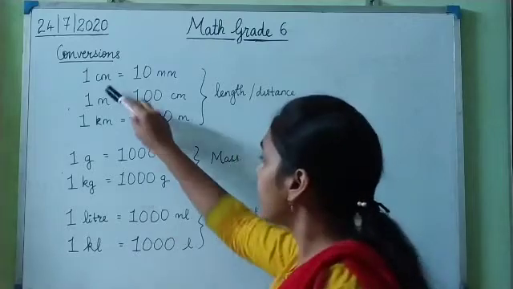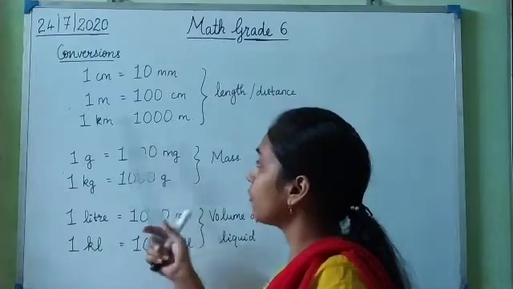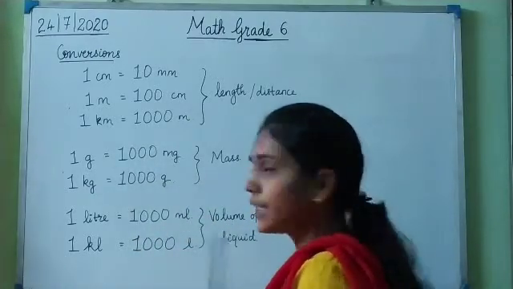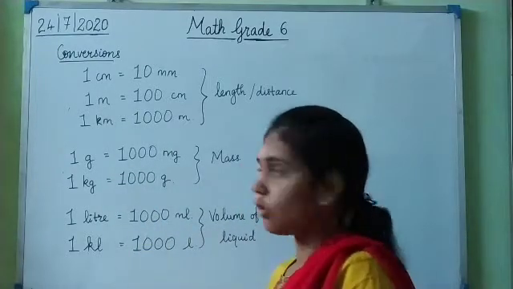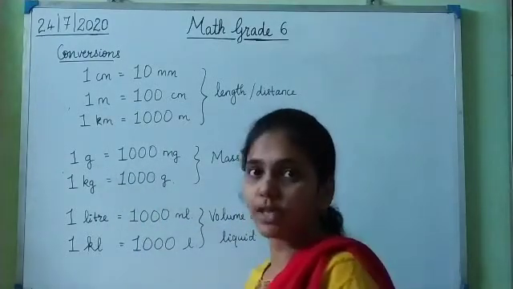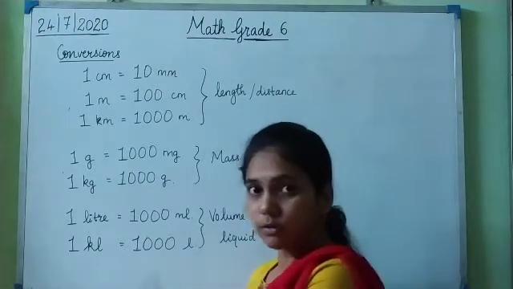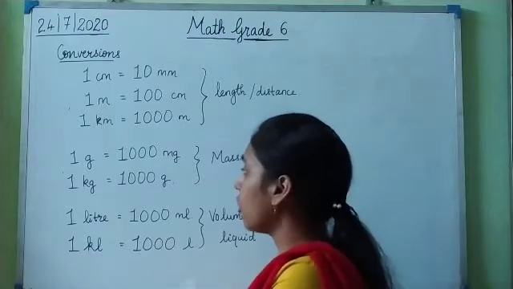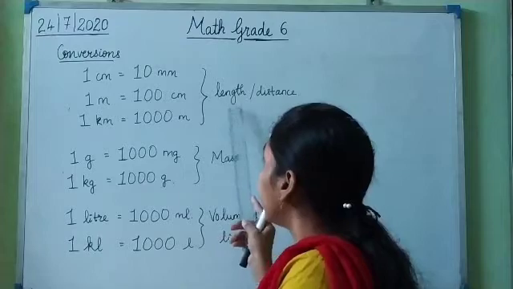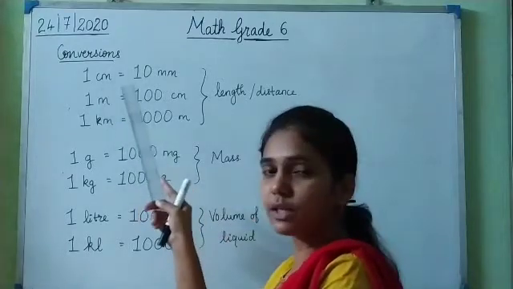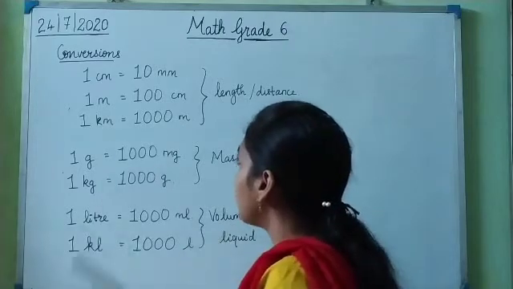You cannot convert centimeters to liters. You cannot convert a unit of one measure to a unit of a different measure, like centimeter to liter, or gram to liter. For that there is another conversion of volume, but for now, for your grade, you only have conversions within the measure. Within length you can convert meters to centimeters, centimeters to kilometers and so on. So that conversion we will study.